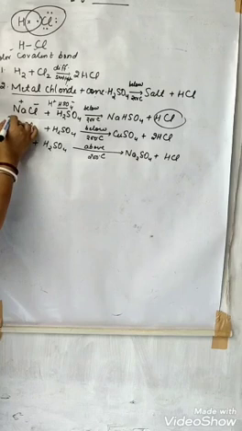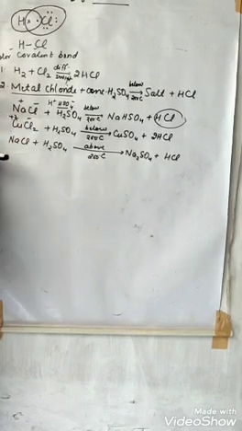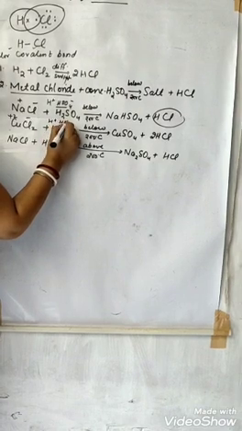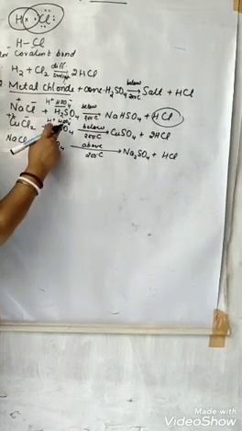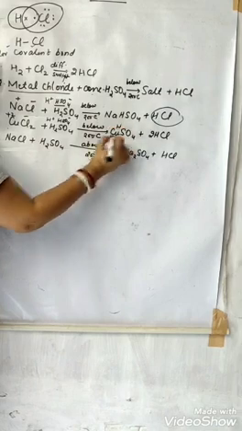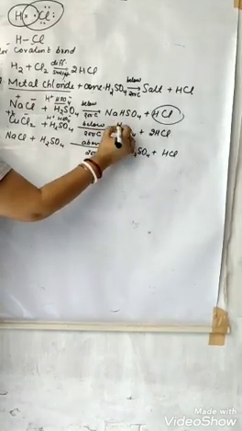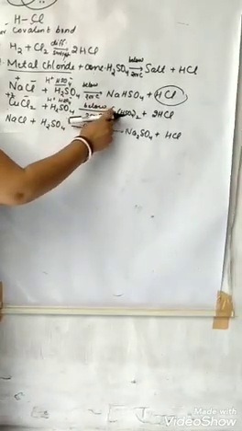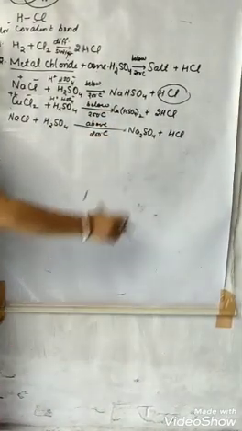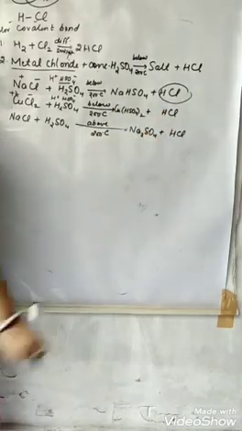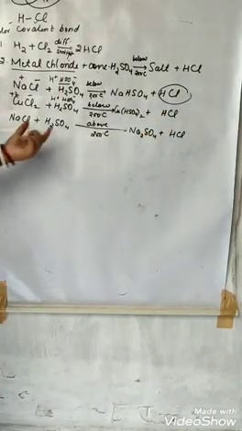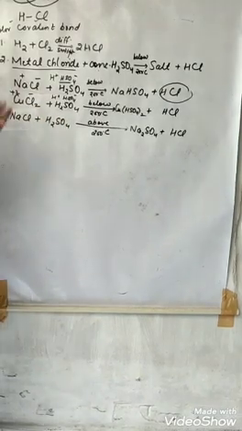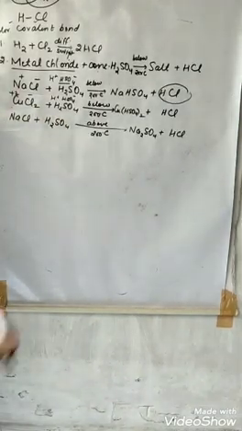Similarly, CuCl2, here Cu is plus 2, Cl is minus 1. It will break down into H plus and HSO4 minus. Here it is going to form CuHSO4 and HCl. Now, it is not so that this reaction will proceed only below 200 degrees Celsius, but it can also proceed above 200 degrees Celsius.